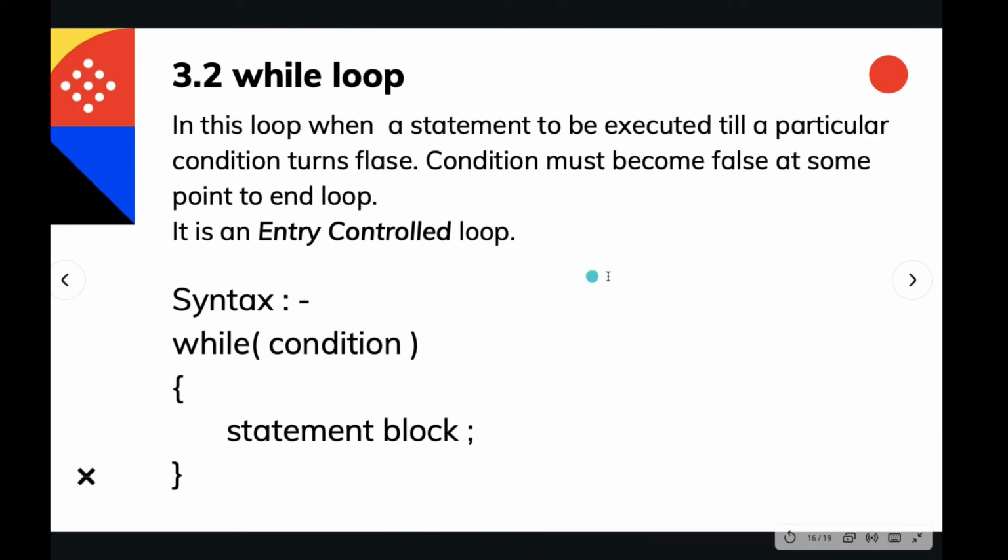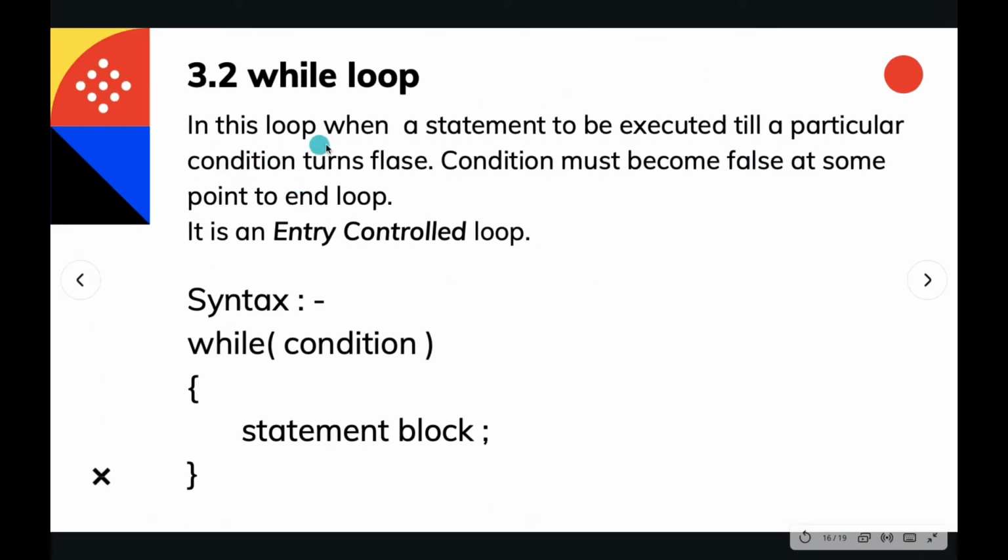So what a while loop says is that a statement is executed till a particular condition turns false. The condition must become false at some point of time to end the loop. It is also an entry-controlled loop. The syntax is quite simple: you just need to specify while, a condition, and a statement. So until this condition is satisfied,